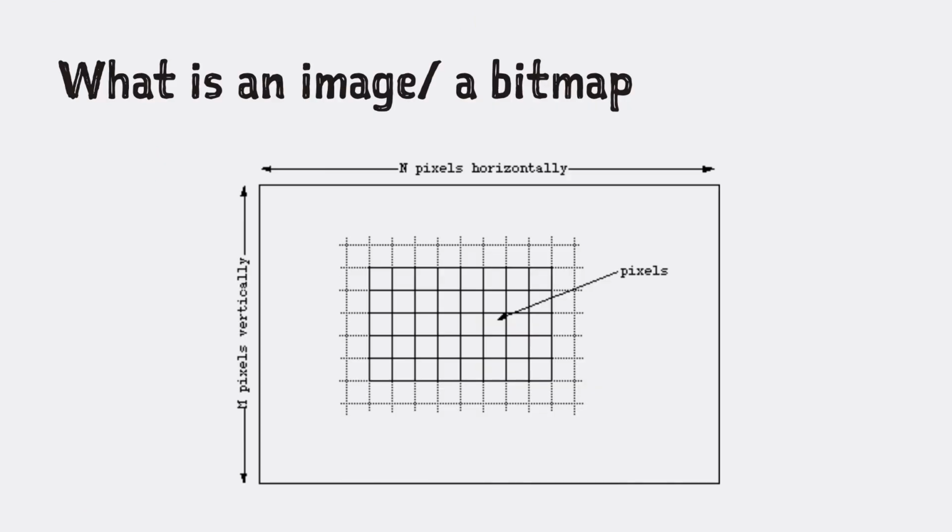So first I just want to cover the basics of what is an image and what is a bitmap. A bitmap is basically a basic structure that contains image data. Bitmaps are defined as a regular rectangle mesh of cells called pixels. Each pixel contains a color value, and they're characterized by only two parameters: the number of pixels and the information